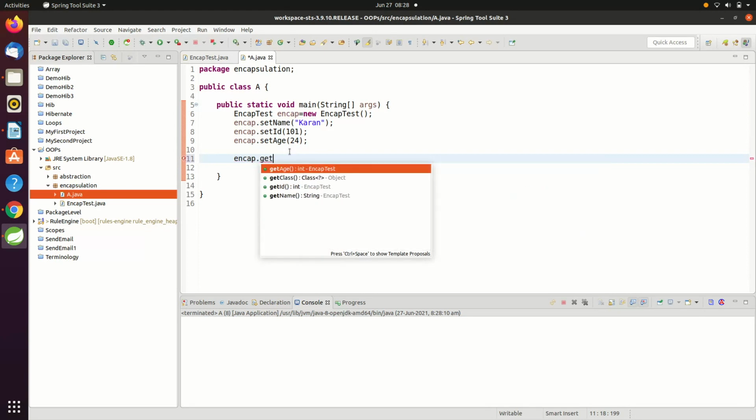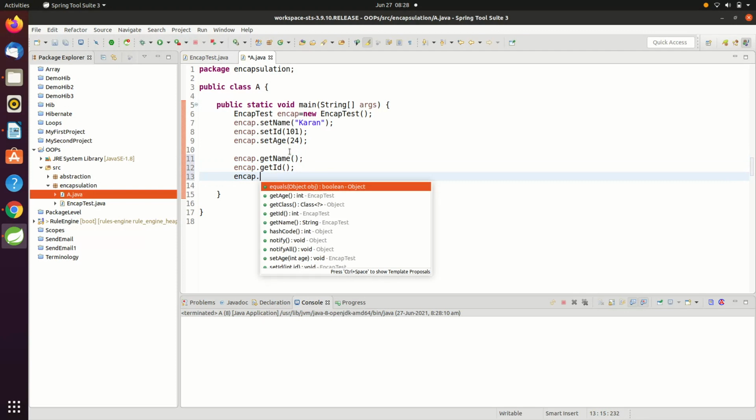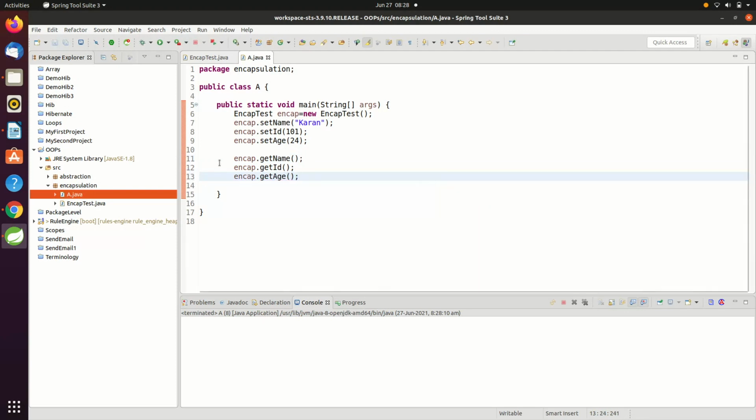Encap.getName, encap.getId, and encap.getAge. Alright, now I need to print it on the console.